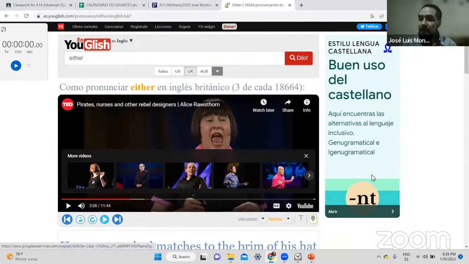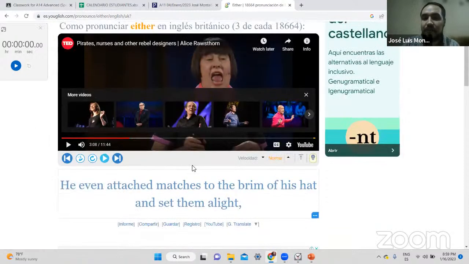All right, so again, I'm showing you this web page because this is very important for you to practice. It doesn't matter how well you know the language. There are always new words, and even words that you know that can have different meanings, that can be pronounced differently. So it's important that you can play with pages like Youglish so that you can understand the difference. And here you have directly everything with subtitles. Even if this is not generated with subtitles, this web page is going to give you the subtitles.